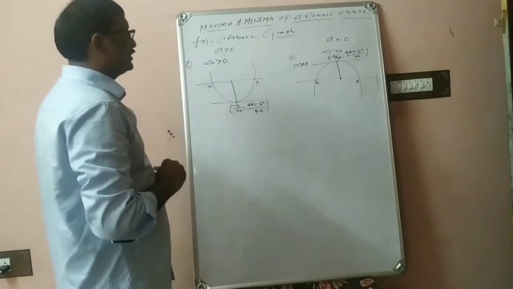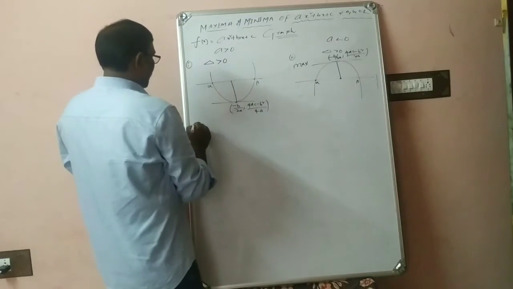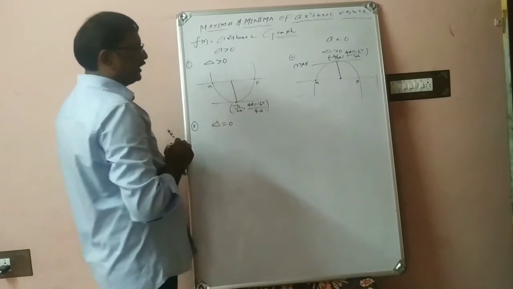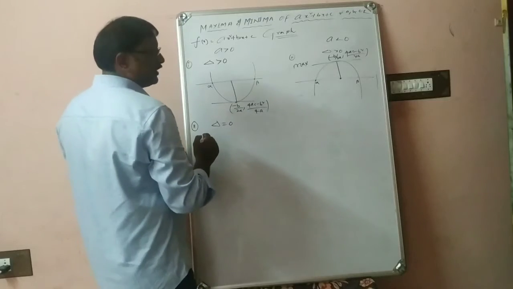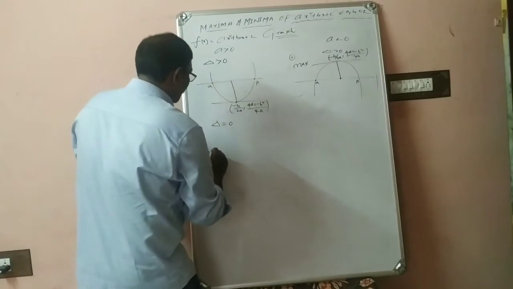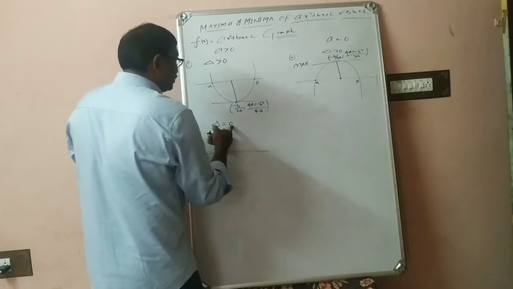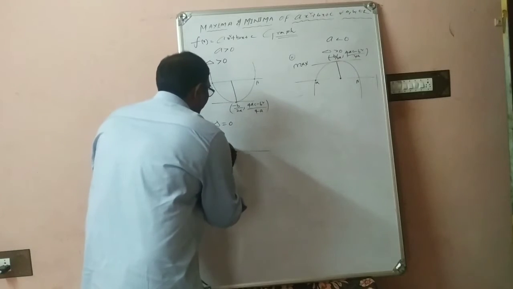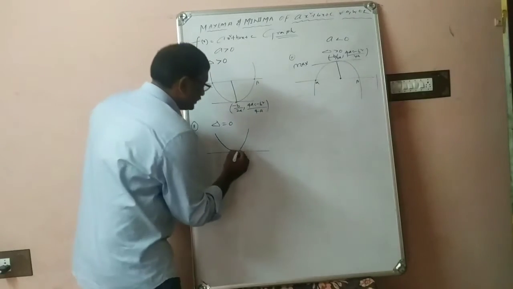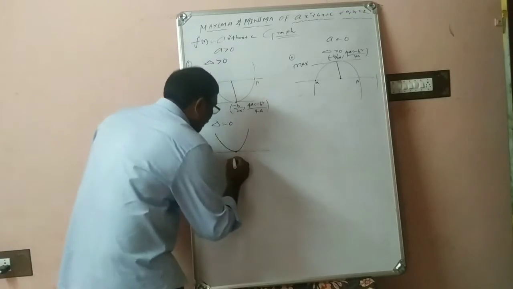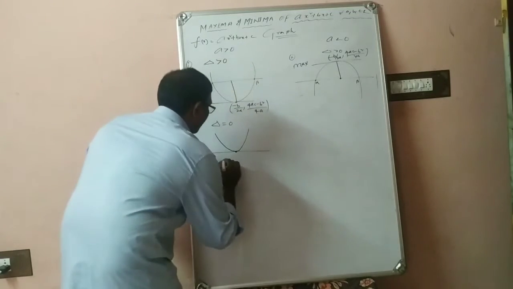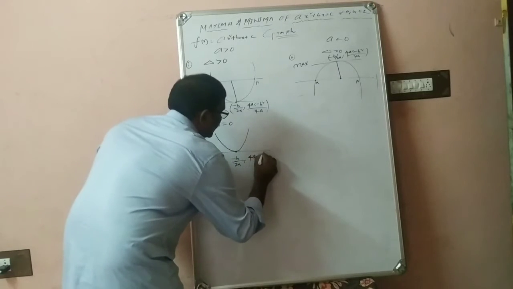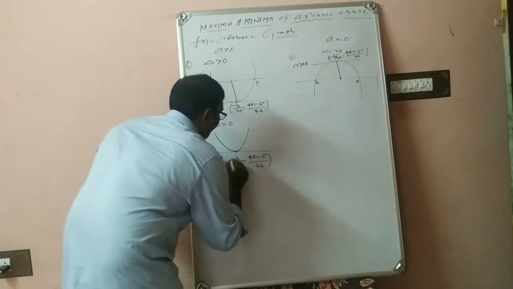This is about a less than 0 and a greater than 0 with respect to delta. Coming to the second case, a positive, same, but delta is 0 now. When delta is 0, the roots are equal and real. So a positive, you will get an upward parabola. But delta is equal to 0, so the two roots must be the same, meaning only a single root. That means this upward parabola will touch the x-axis at a single point. There you will get a minimum value, at minus b by 2a, comma, (4ac minus b square) by 4a.